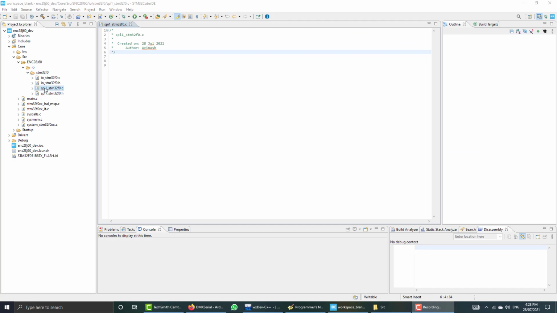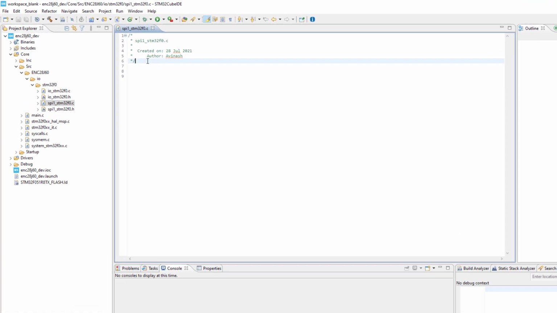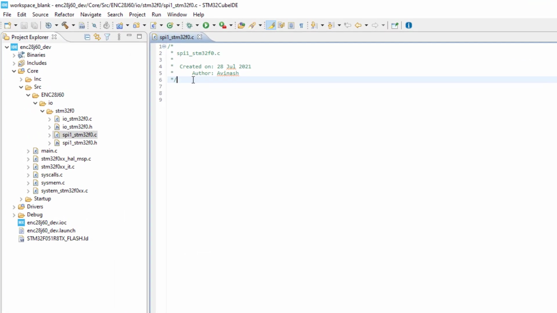I have first opened this SPI driver file, the SPI1 file, and the very first thing we need to do is include the file for the STM32 HAL drivers, the standard STM32 HAL drivers, and this is the file stm32f0xx_hal.h. This is the hardware abstraction layer provided by ST, and this is the standard method for programming STM32.